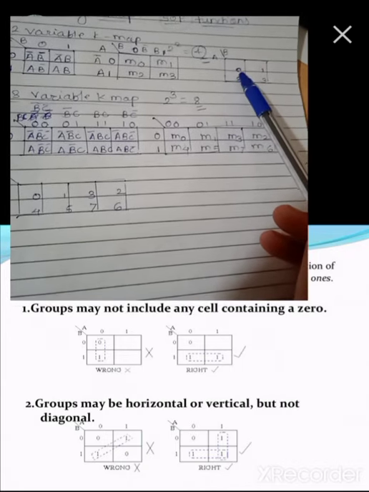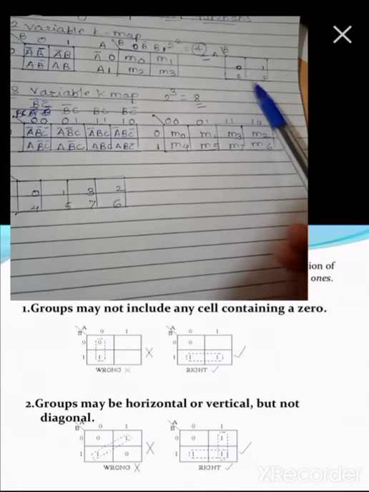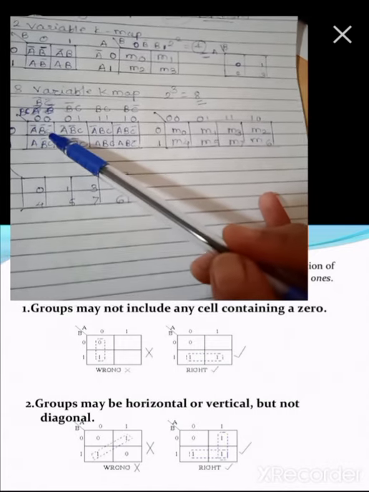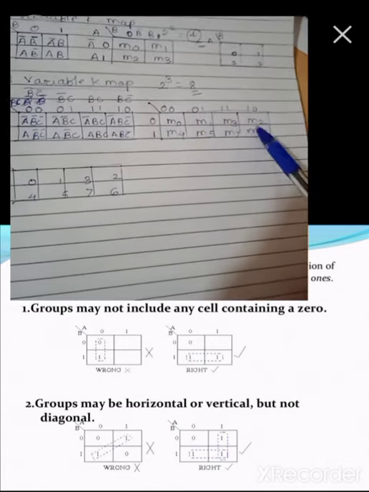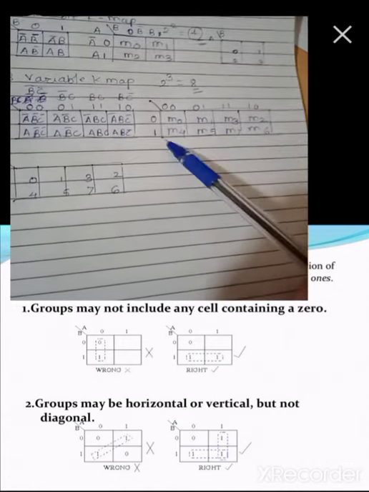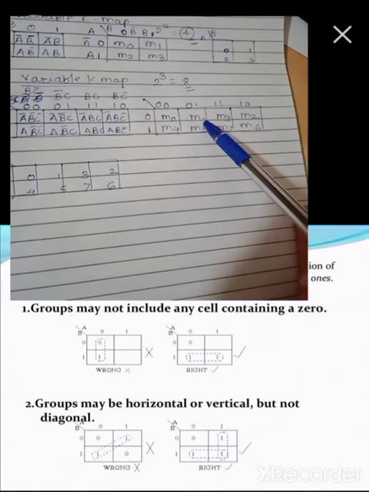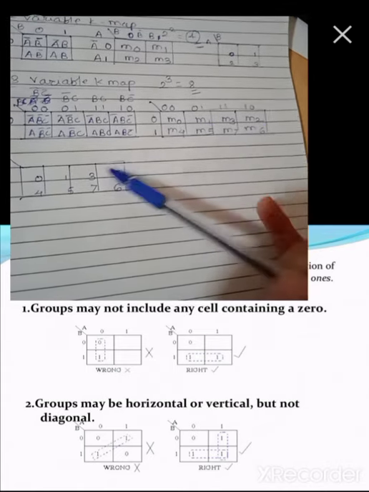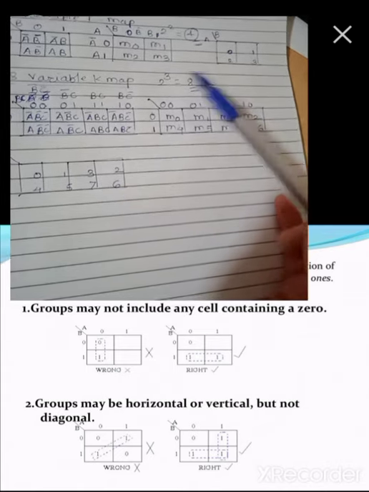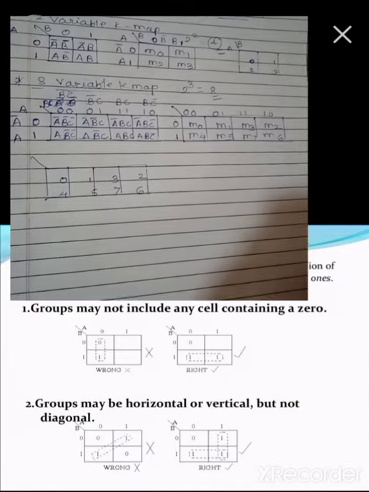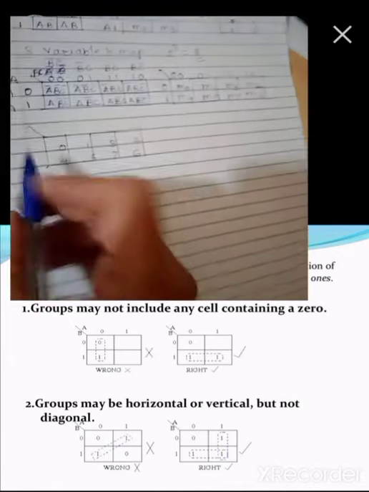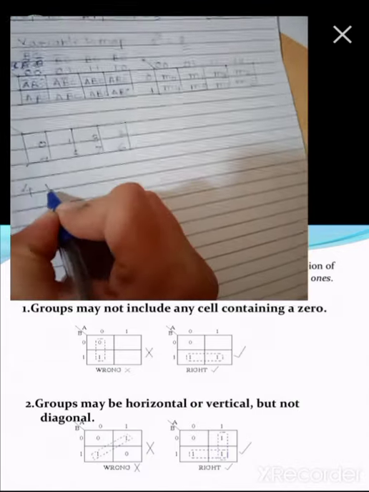Here we did it for 2 variables, 0 1 2 3, and here we have done it for 3 variables. And after plotting this K map, we got these min terms which are fixed. So these terms come after plotting. These numbers will remain fixed whenever you plot the 3 variable or 2 variable K map. So this is called plotting a 3 variable K map. Now we'll see how to plot a 4 variable K map.